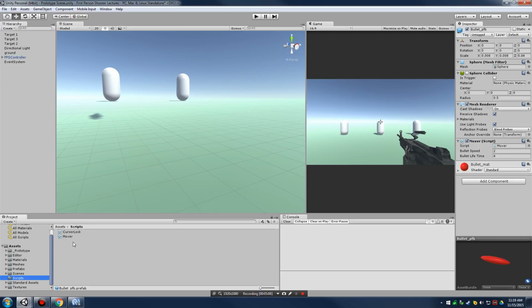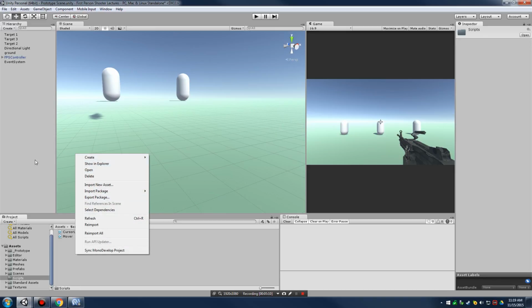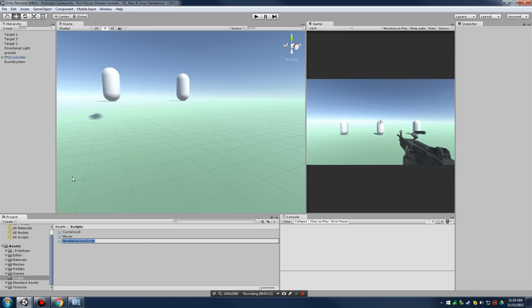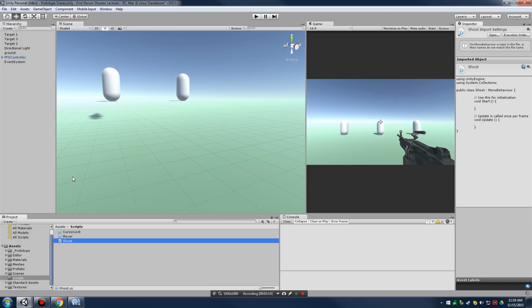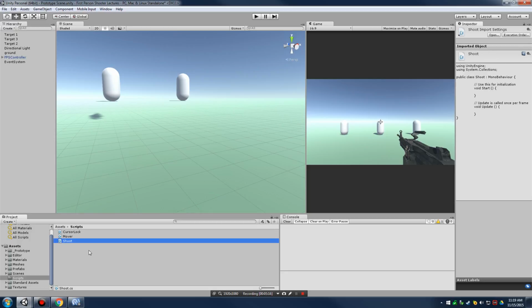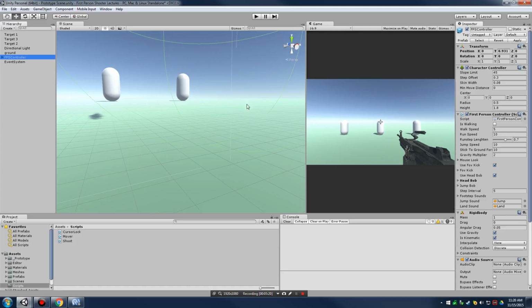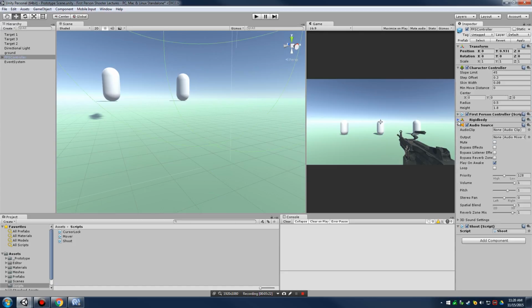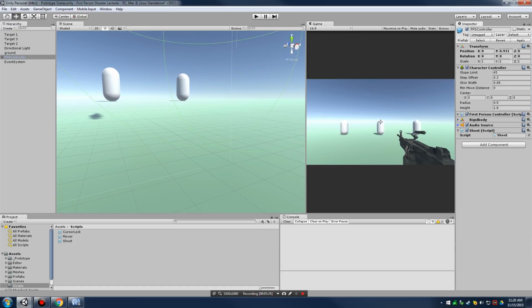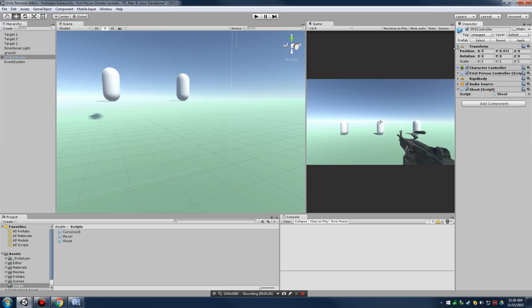So let's get into our shooting script, and we're going to be living in this for a little bit. I'm just going to make a script called shoot, and we're going to attach it to my first-person controller. The first-person controller has all these components that already come with a standard asset, such as your movement and everything. What we're going to do is add a shoot script on top of that